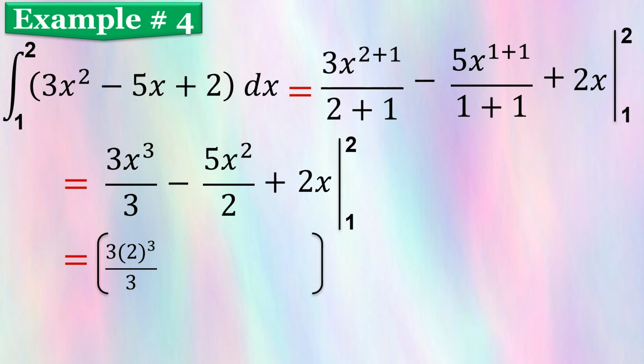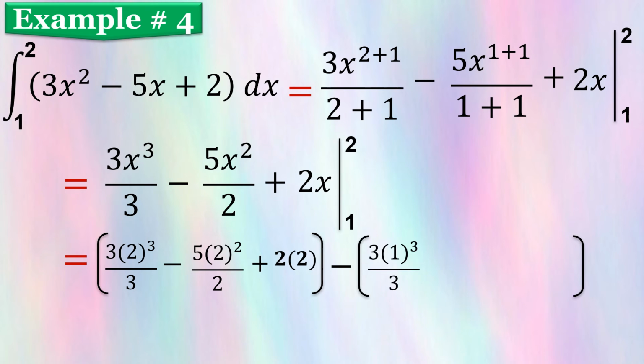So 3x to the third will become 3 times 2 to the third over 3 minus 5 times 2 to the second over 2 plus 2 times 2 minus substituting the lower limit. So we have 3 times 1 to the third over 3 minus 5 times 1 to the second over 2